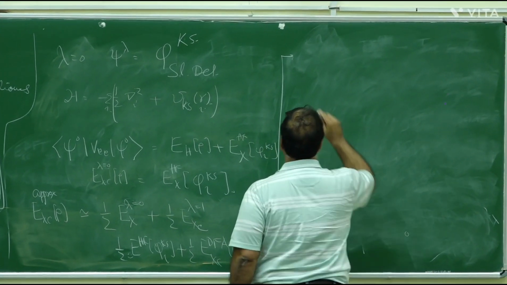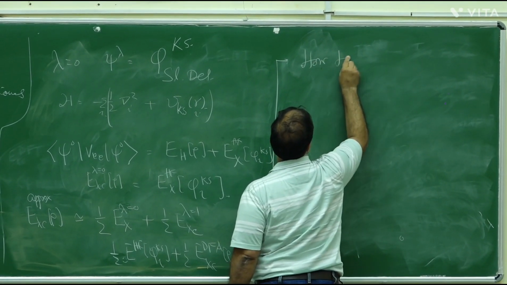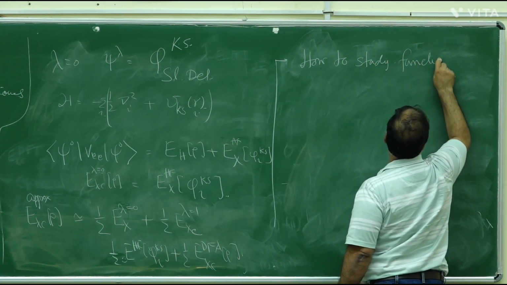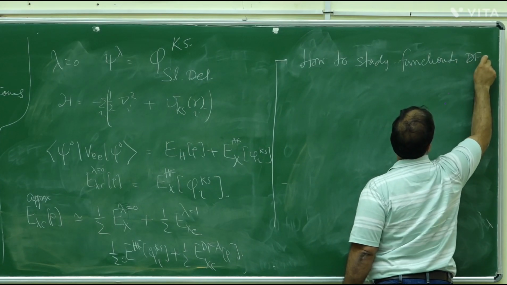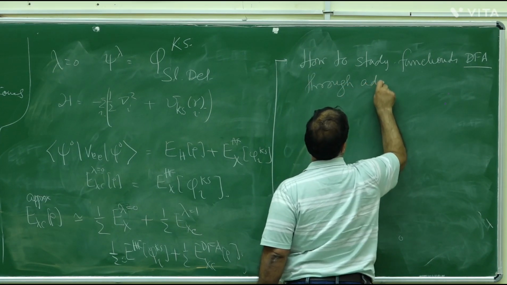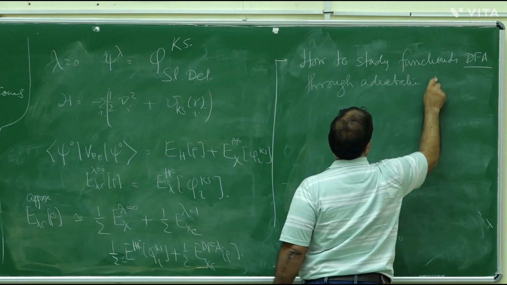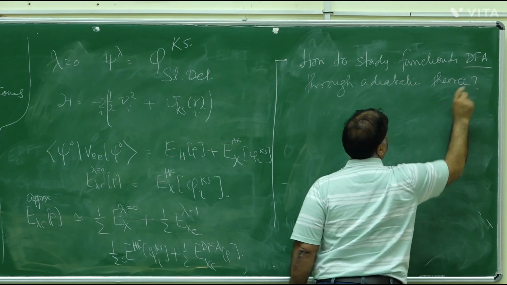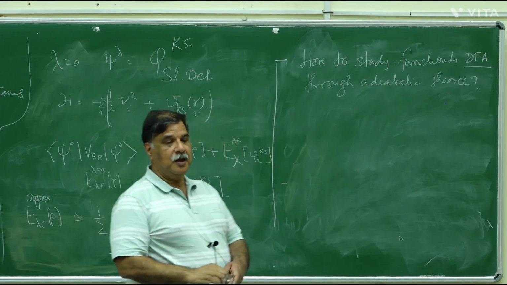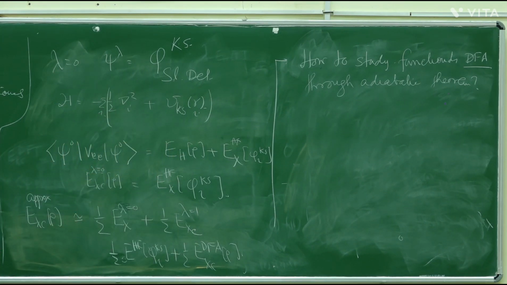Now, how to study functionals of DFA, adiabatic. There have been a lot of studies for this, right? And also it is interesting to see how, as you change lambda, if I change the electron-electron interaction, how does the external potential change? You keep the density the same. So what you're doing is